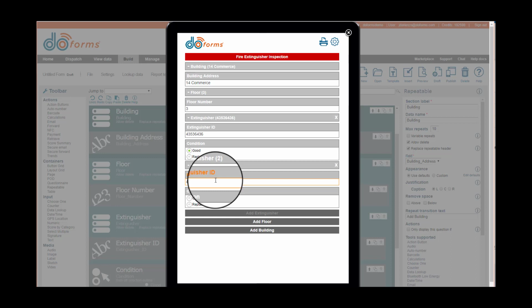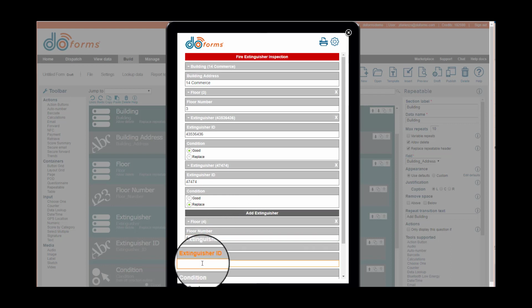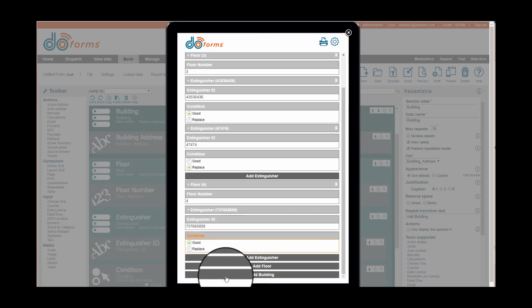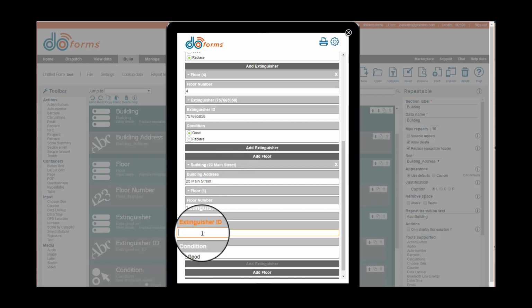And then I can say add another extinguisher for that floor. And I can put in a different ID, and I can say this one needs to be replaced. And then I can say, let's add another floor here, and we'll do floor 4, and we'll put an extinguisher 7 something, and we'll say that that one's also good. Then I can do the same thing by clicking add another building, and now I can go in and put in 23 Main Street, and as I go to the floor 1 and put an extinguisher and say it's good,